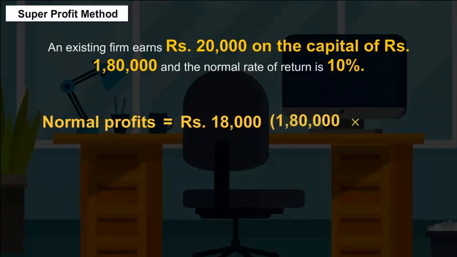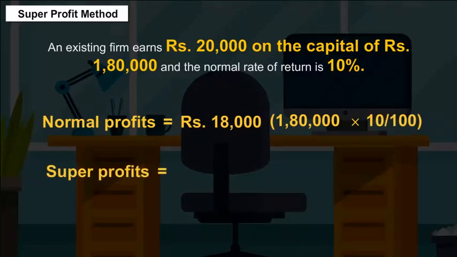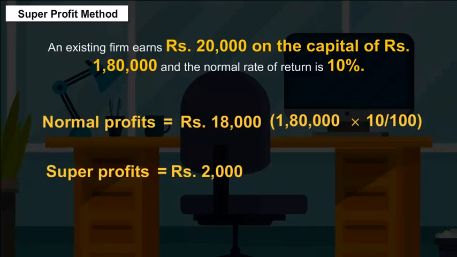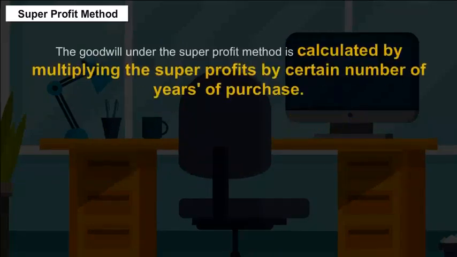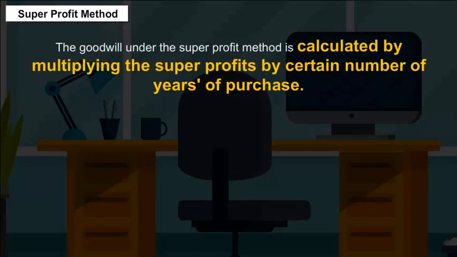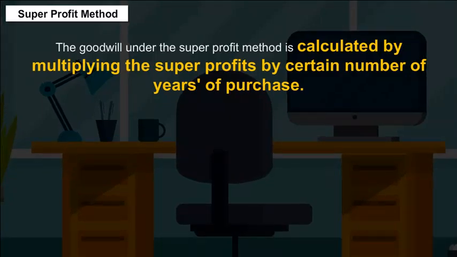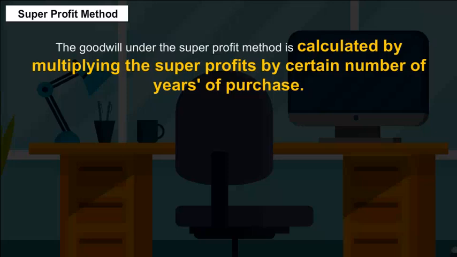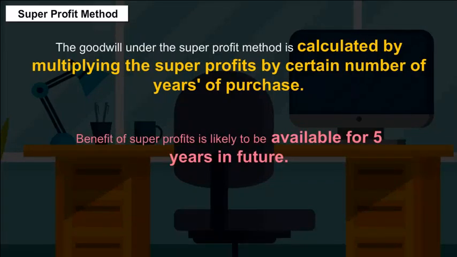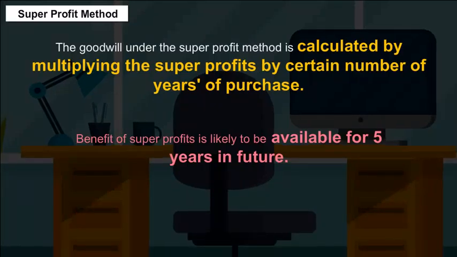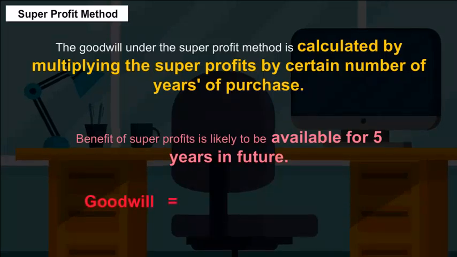1,80,000 multiplied by 10 upon 100. The super profits will be rupees 2,000, rupees 20,000 minus 18,000. The goodwill under the super profit method is calculated by multiplying the super profits by a certain number of years of purchase. If, in the above example, it is expected that the benefit of super profits is likely to be available for 5 years in future, the goodwill will be valued at